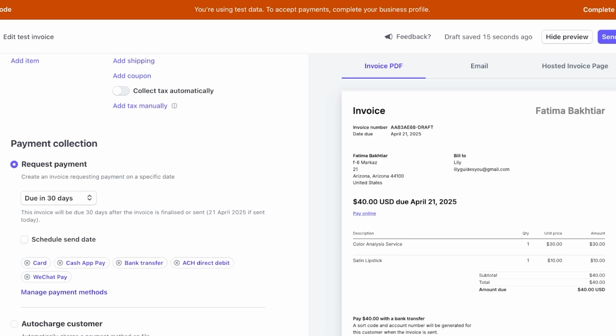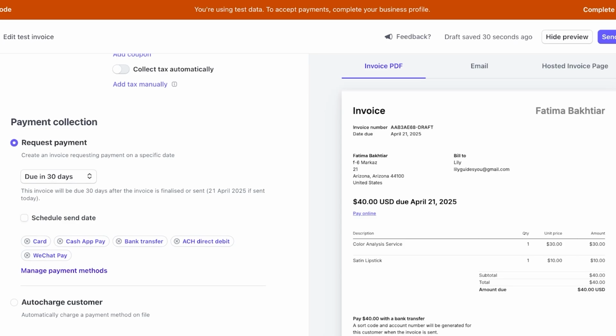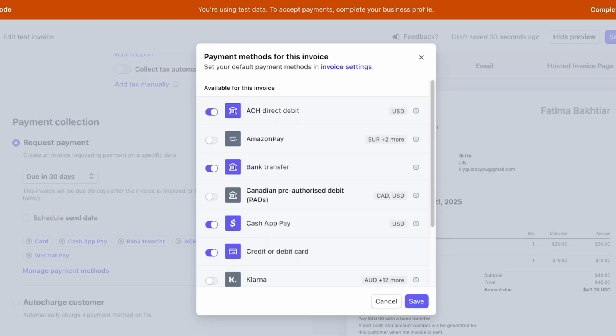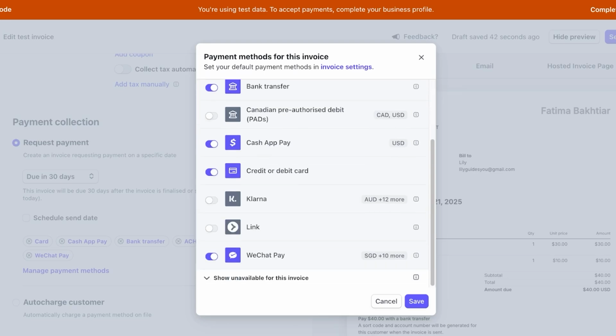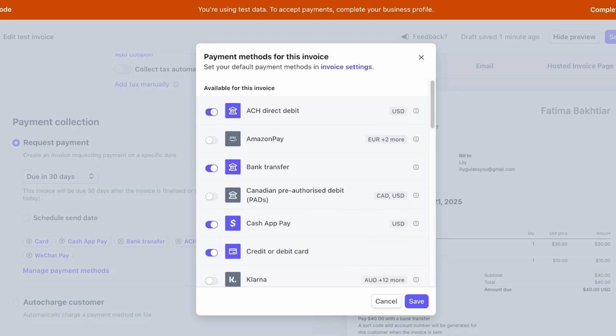So we're going to request the payment because I want to use Stripe to receive my payments, which means that I haven't sent out the payments yet. So what we're going to be doing is we are going to choose this option, and then below that we have manage payment methods. From here you can choose which payment methods you want to enable within your account. Now some payment methods are available by default. If you scroll down, you have some unavailable, some you can activate as well,